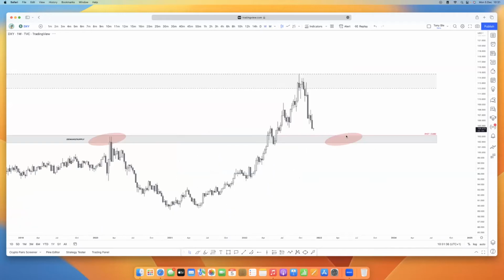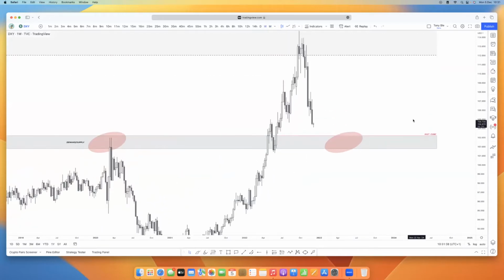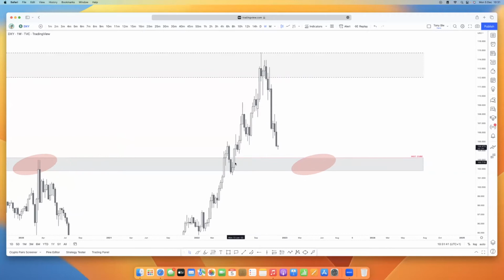If we go to the weekly time frame now, I can see we have this imbalance here. You guys can see we have this imbalance in this area from year to year. I feel price will want to get to that area, and then it comes to the demand and supply area also. So price should still go to the downside.